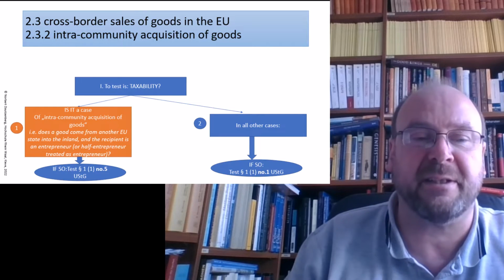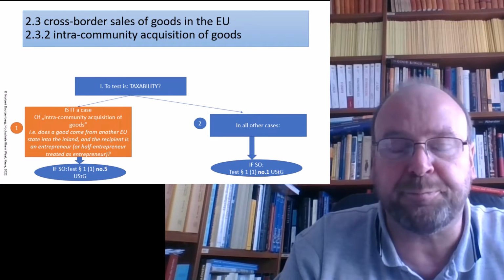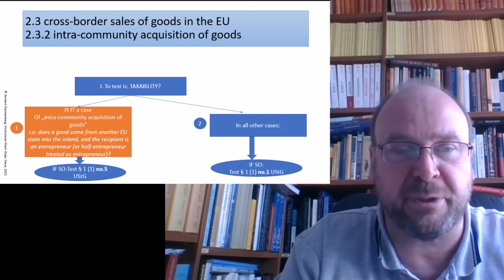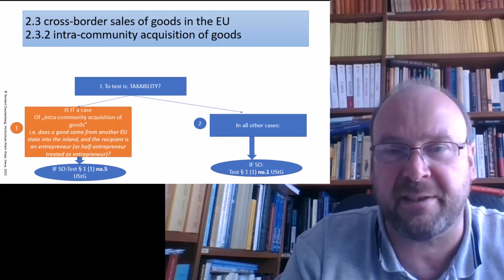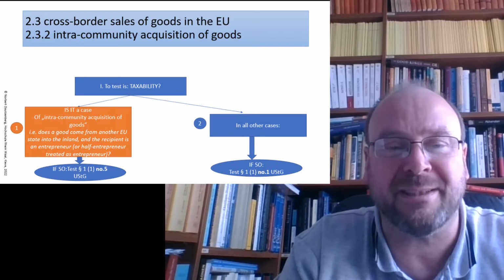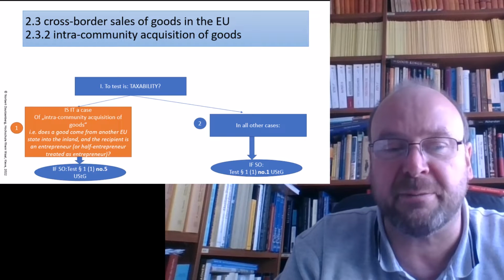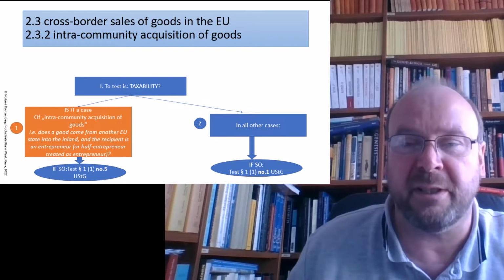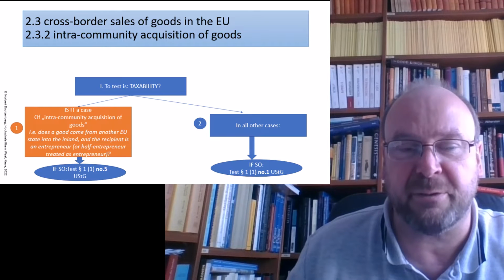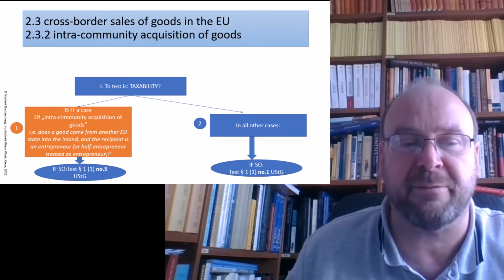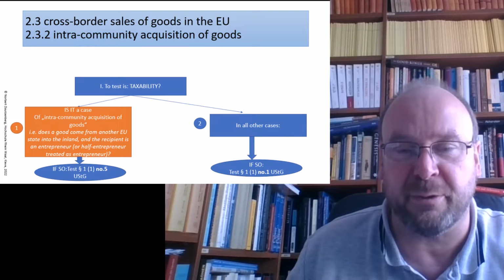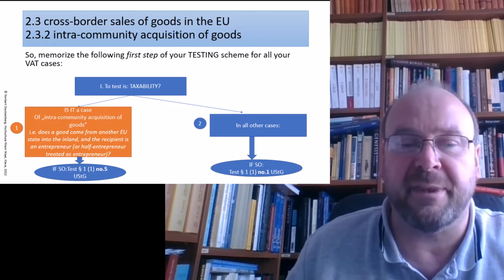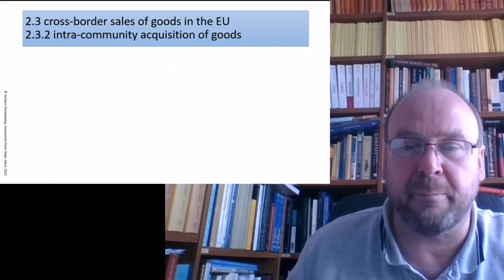Here you have that again. So when it comes to taxability, the first question which you pose yourself is, can it be an intra-community acquisition of a good? In all other cases, you test 1 number 1. In the left case, however, you test 1 number 5 directly for intra-community acquisition of a good, 1a, 3d, 4b, and then you go on as always.